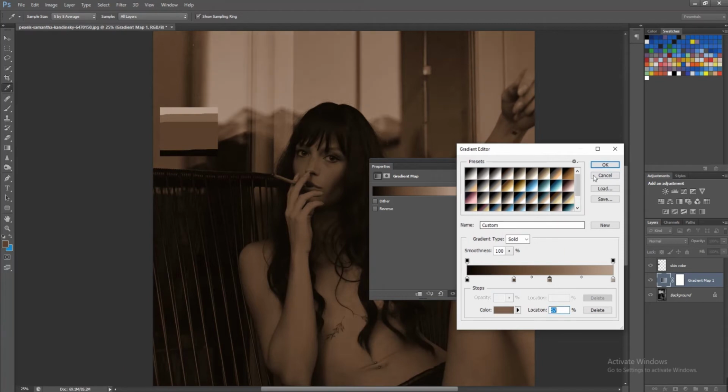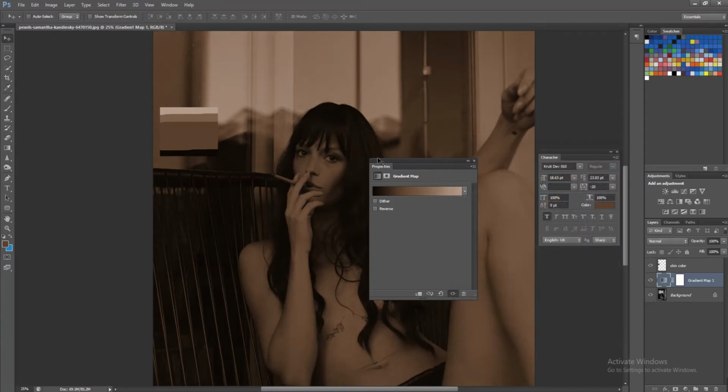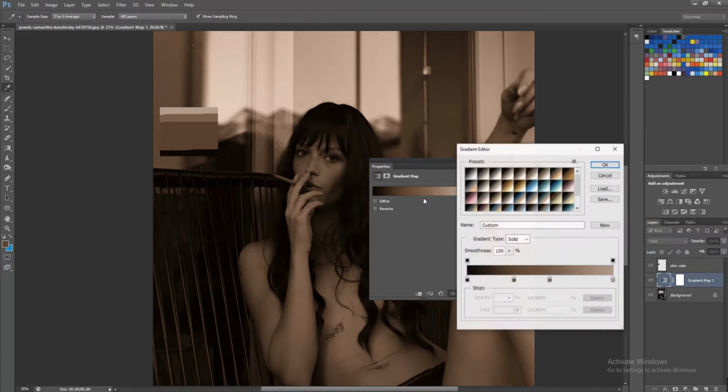After doing the color tone adjustments, click OK. Now change the blending mode to color. Now we can again open the gradient map adjustment layer and do some R&D on the skin tone like this.